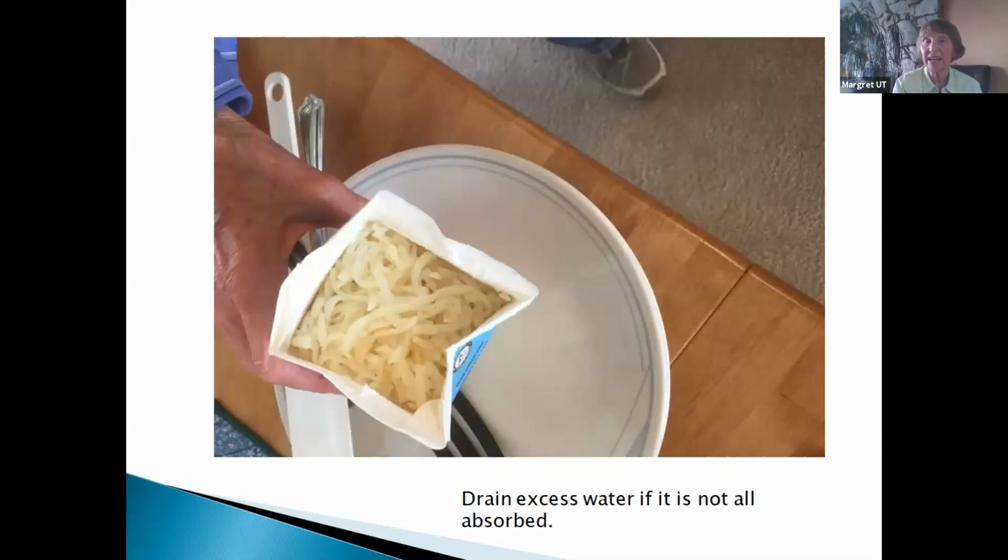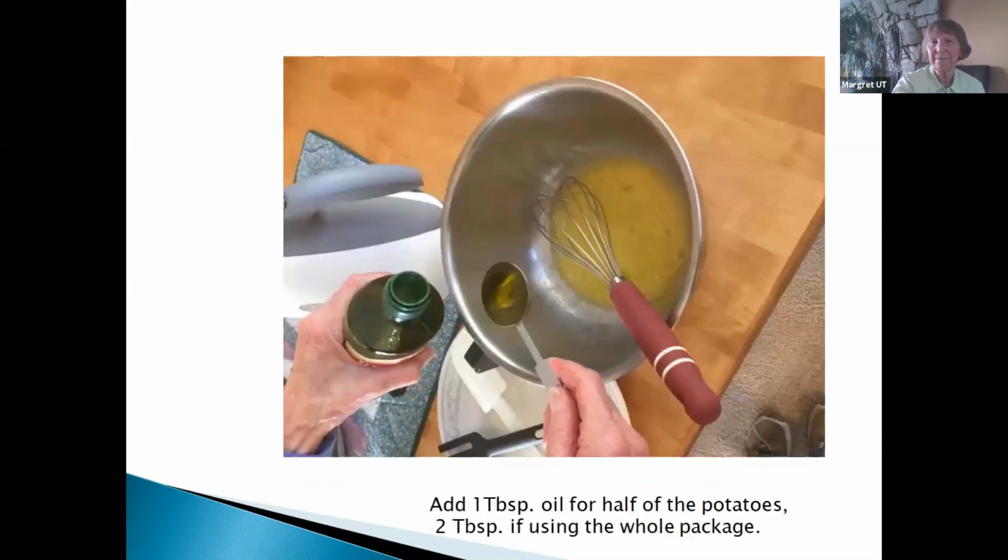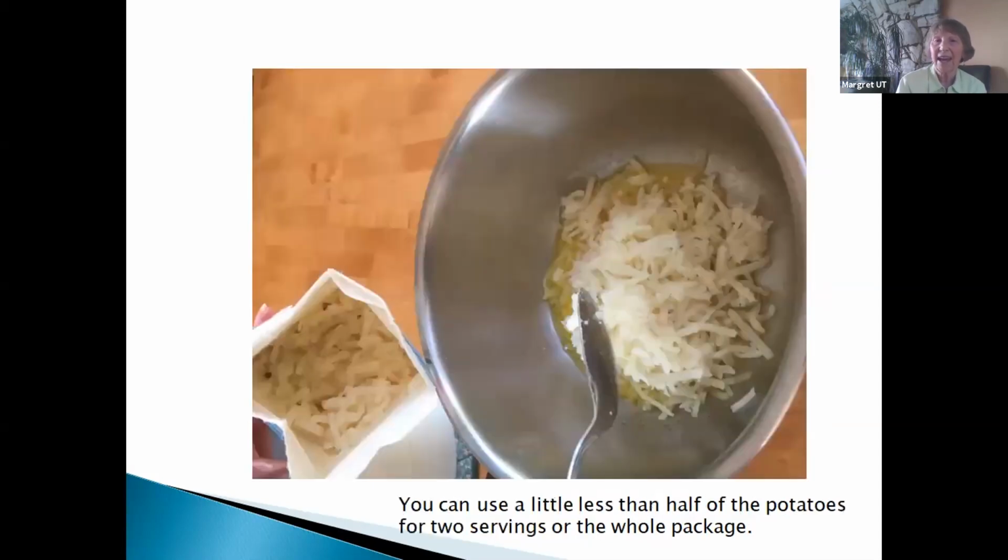Now, in our very dry climate, I have never had to drain any excess water. But if you're in a more humid area, you might need to do that. And you'll take your egg and you beat that. And then you put 1 tablespoon of the olive oil. Like I said, I'm going to make 2 recipes, so I'm only going to use about half of the potatoes this time, because right now we're in lockdown and so many of us are just 2 people, say. And so if you were going to make the whole package, you would use 2 tablespoons. And you mix that up, add your potatoes,